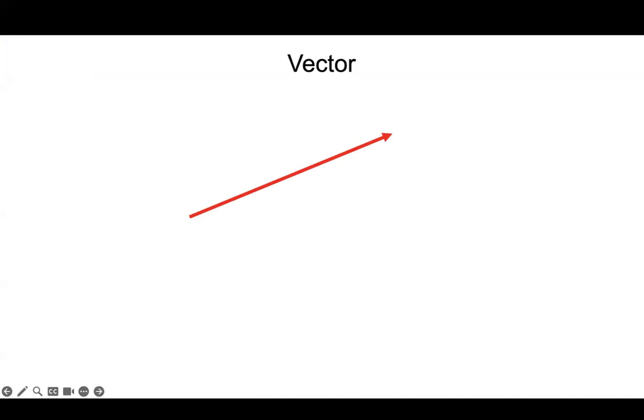To start, a vector is a mathematical object that has both a magnitude and a direction. Consider this red arrow here. This is its head, and this is its tail. The length of the arrow represents the magnitude, and the direction in which the head is pointing represents the direction